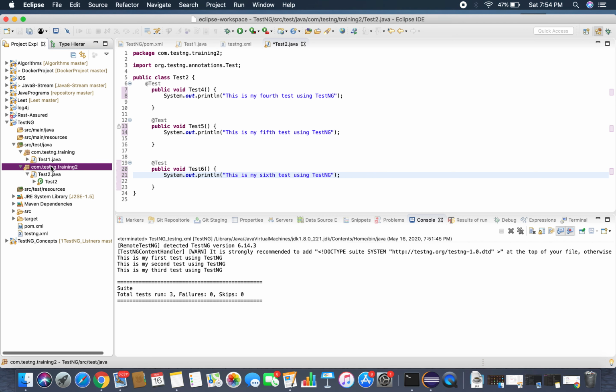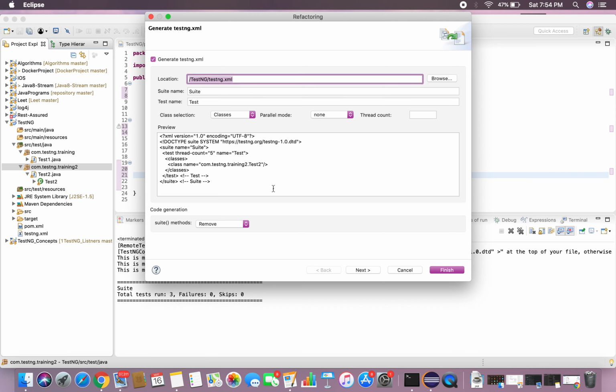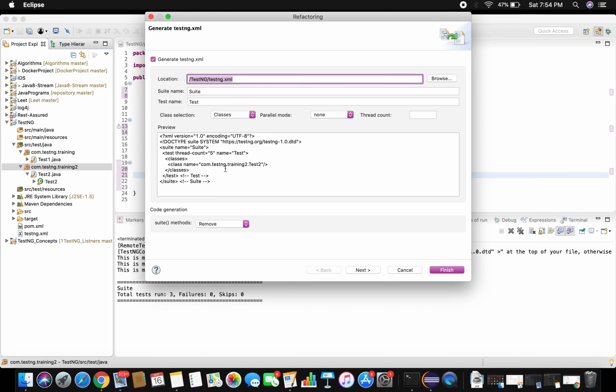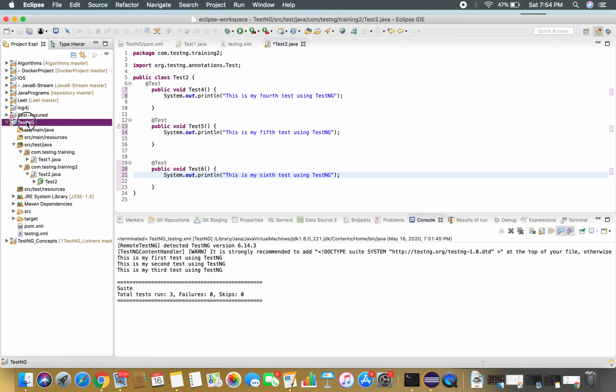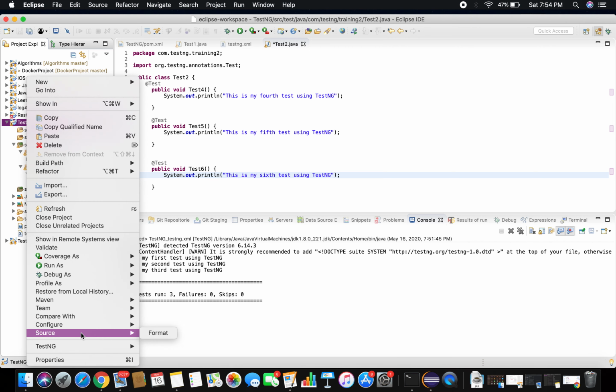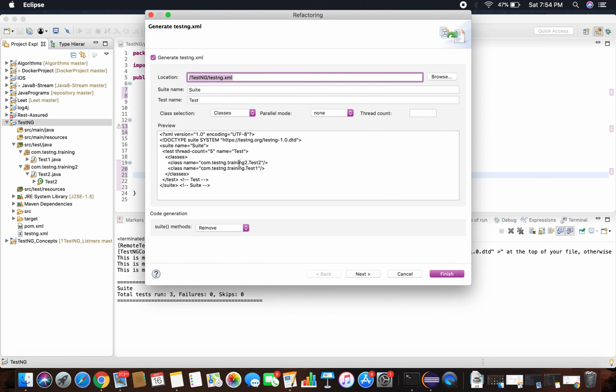Now if I right click on this particular package, convert to testng, you see only the classes inside the package are added into the testng XML. Whereas if you right click on the project, go to testng and convert to testng, you can see the two classes are added here. That is the difference.